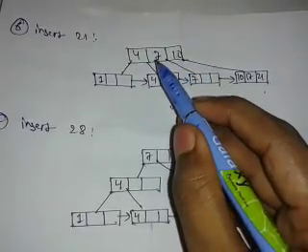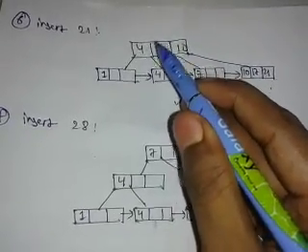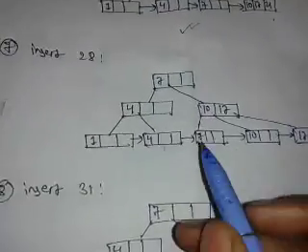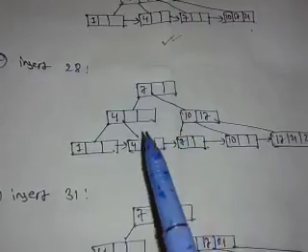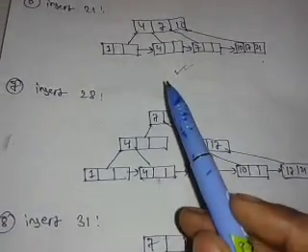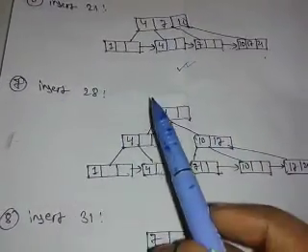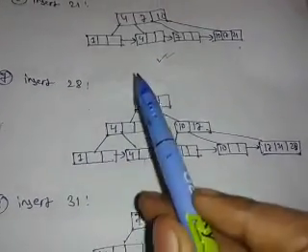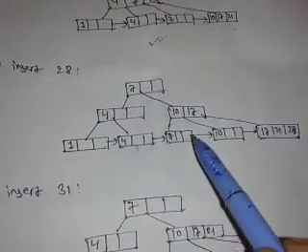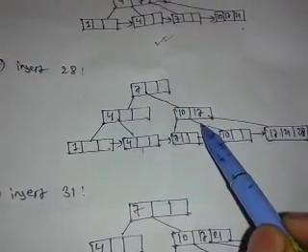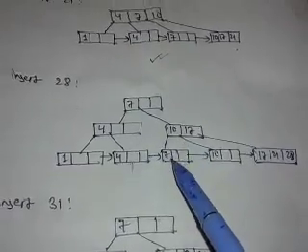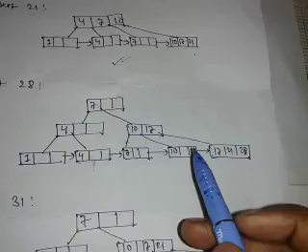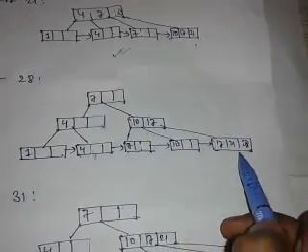We need to find the middle element and put this element just above this level. So what I have done, you can see, I have put the 7 upward, and 4 comes to the left of 7 and 10 comes to the right of 7. So whatever the elements were previously, they are just copied, and 10 and 17 are included here. Okay, fine. So we have inserted the element which is 28 here.